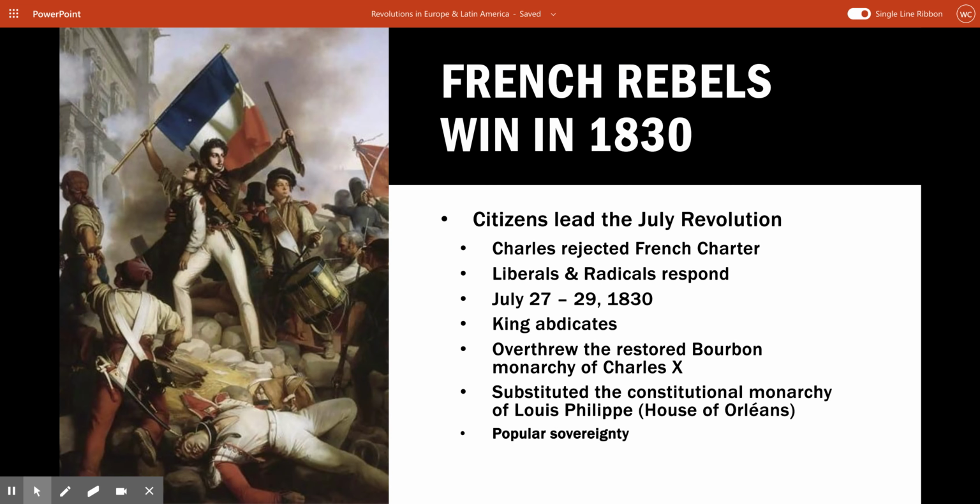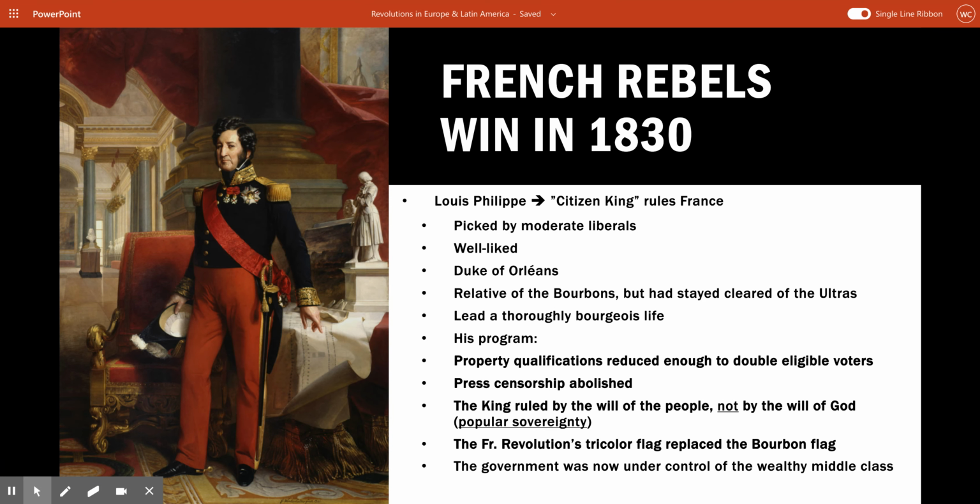One of the things to point out here is if we look at this picture of Louis Philippe and how he's dressed. Charles X, the guy that he replaced, the divine right ruler, dressed kind of old style monarch, right? In the robe, very regal. Whereas Louis Philippe, as you can see in this picture, is dressed in a more modern style. So that kind of goes to show you how this shift is going to take place and what it's going to look like. So Louis Philippe is the Citizen King.